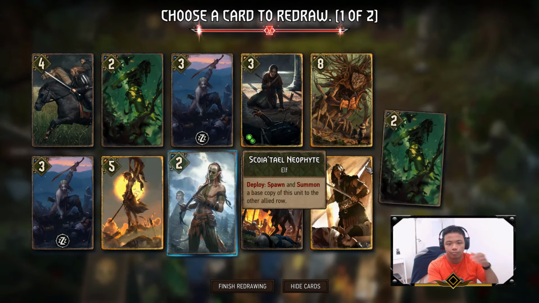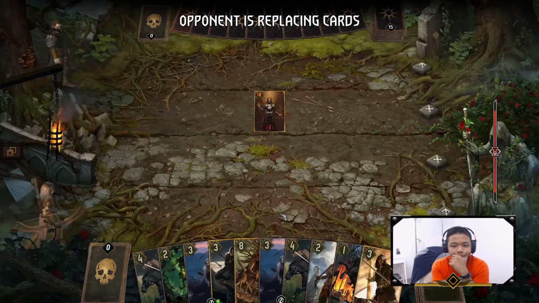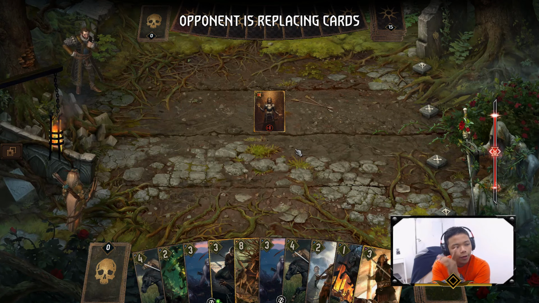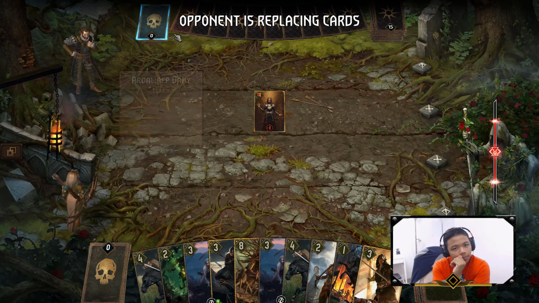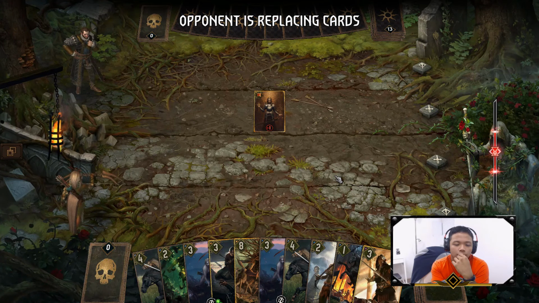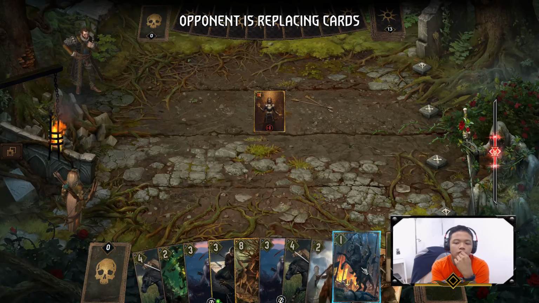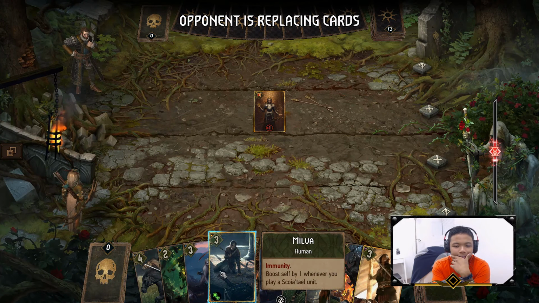A lot of elves. A lot of elves. So the question here is, do I commit to control early, or dull? You know the thing with Nilfgaard is, they love the lock. They love to lock. I mean, I do have a crap ton of elves, but...